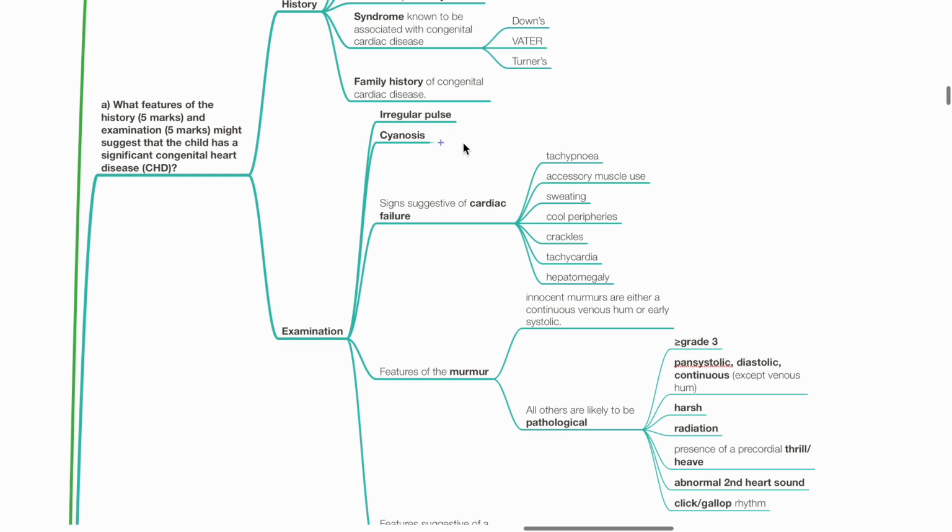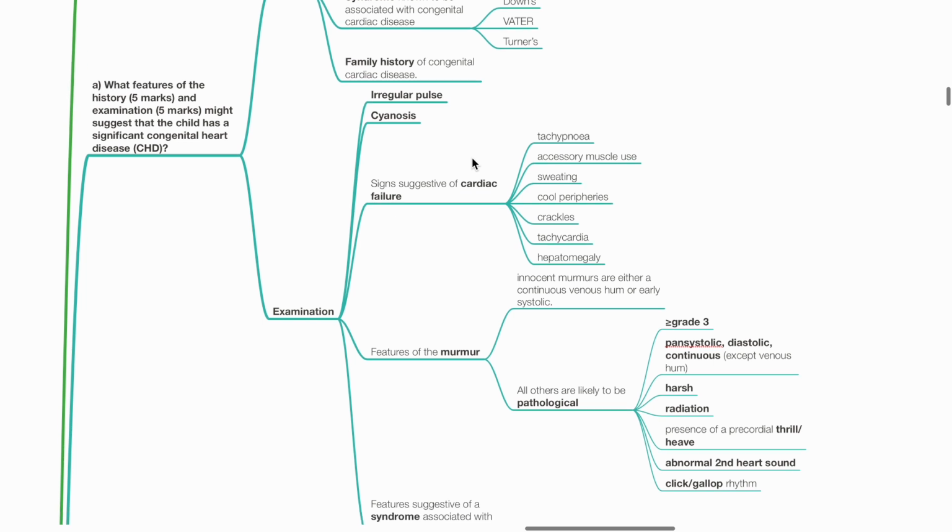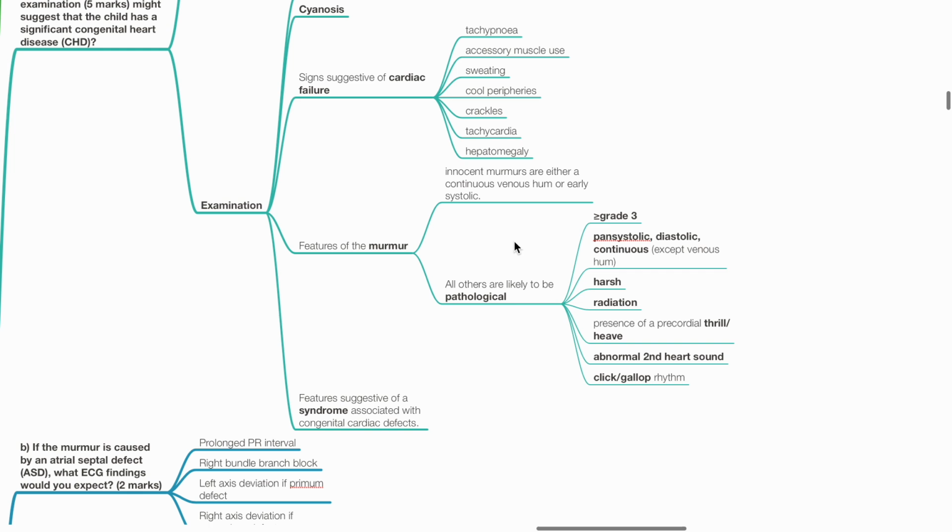Examination: irregular pulse, cyanosis, signs of cardiac failure, such as tachypnea, accessory muscle use, sweating, cool peripheries, crackles, tachycardia and hepatomegaly. Features of murmur that suggest pathological murmur, such as grade 3 and above, pansystolic, diastolic or continuous murmur, murmur